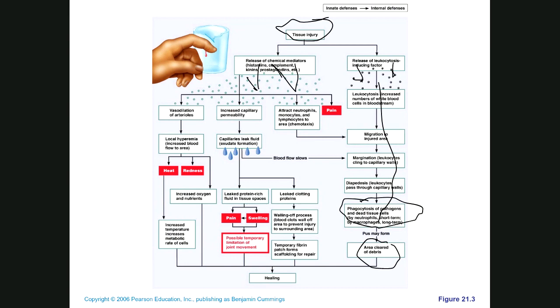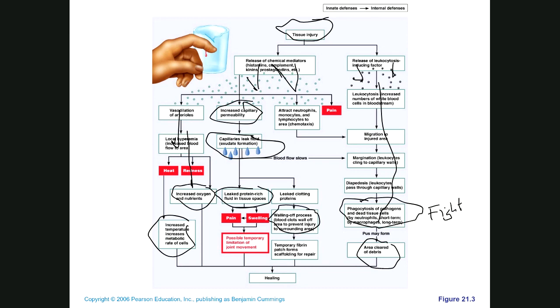More blood is going to come to the area, so we get more nutrients and oxygen because we want to be able to fight, and these things need energy. And then we're going to increase capillary permeability. The fluid's going to leak out. Not only will fluid leak out, but so will these proteins. We're going to wall it off, and we're going to form sort of this patch to set the stage for